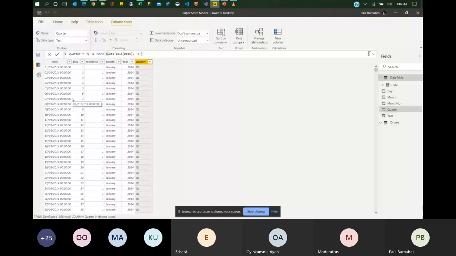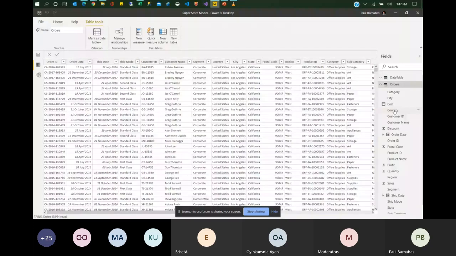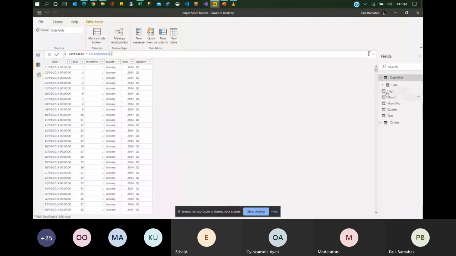And the beauty of this is that the moment I connect my date column to the date column that is existing in my orders table, so there's an order date, there's a ship date, if I connect it to any one of these, I now have the opportunity of splitting whatever it is I'm trying to visualize by day or by month or by year or by quarter. That's one of the major important needs of creating a date table.